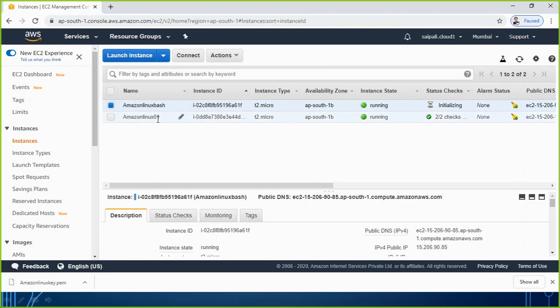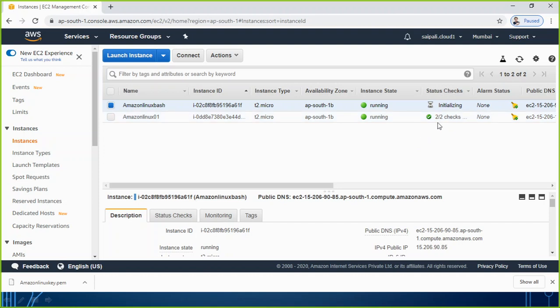This is Amazon Linux 01. This is my normal Linux machine, and this is where I have added some bash, where this bash is making this machine ready with Apache, ready with up to date, all those kind of things. So this machine may take an extra 1 minute maybe, because you are also running some bash there, not only creating the instance. So we have to just wait for a moment for the status check to become, rather than initializing, 2 by 2 check.